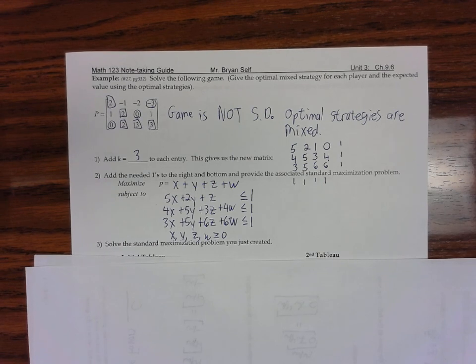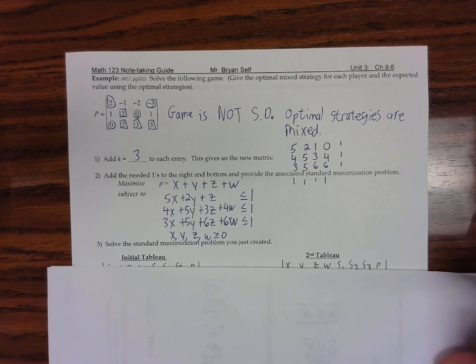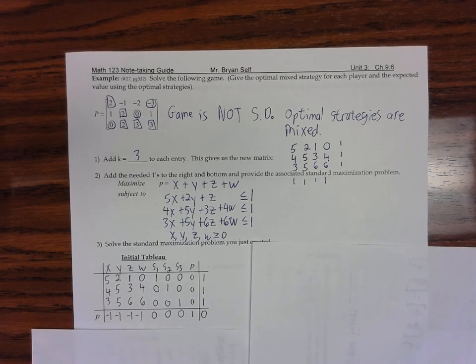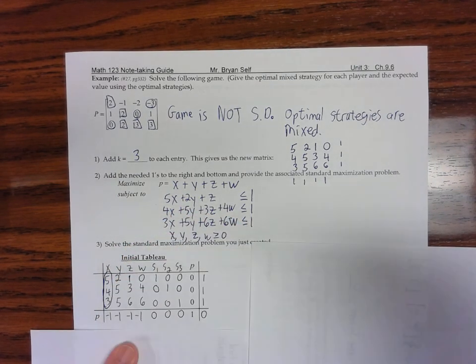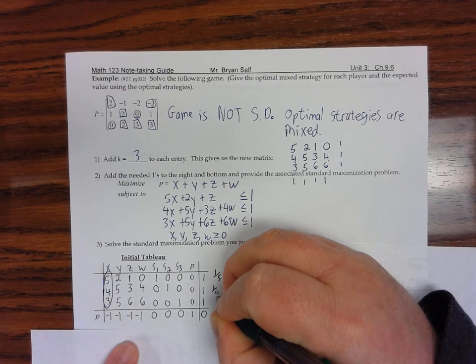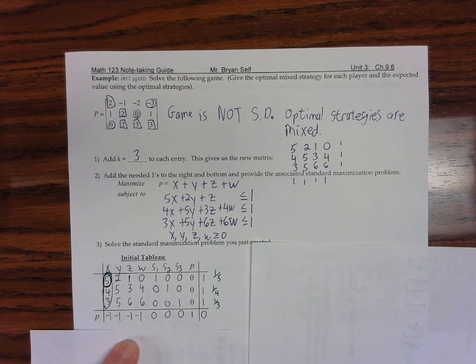So we've created our maximization problem. We're now ready to create our initial tableau and go through and solve. Okay, so there's our initial tableau. We do have a tie for the most negative number in the bottom, so I've always said go to the far left. That's our pivot column. We'll do our ratios: 1/5, 1/4, 1/3. 1/5 is the smallest, so we'll pivot in row 1, column 1,